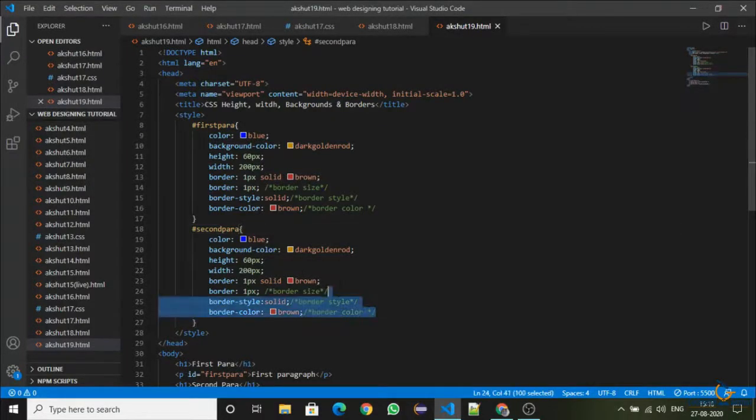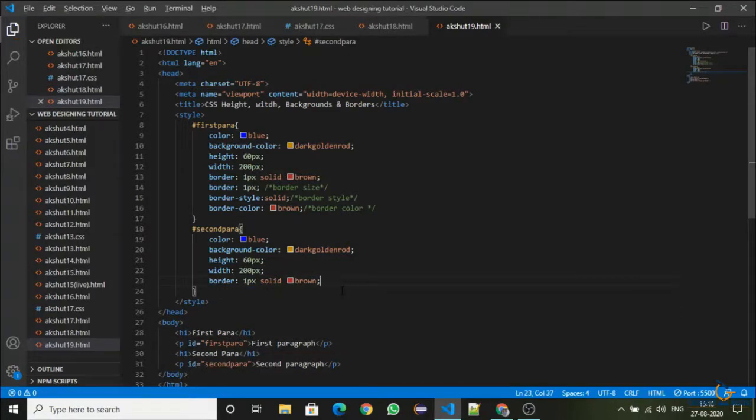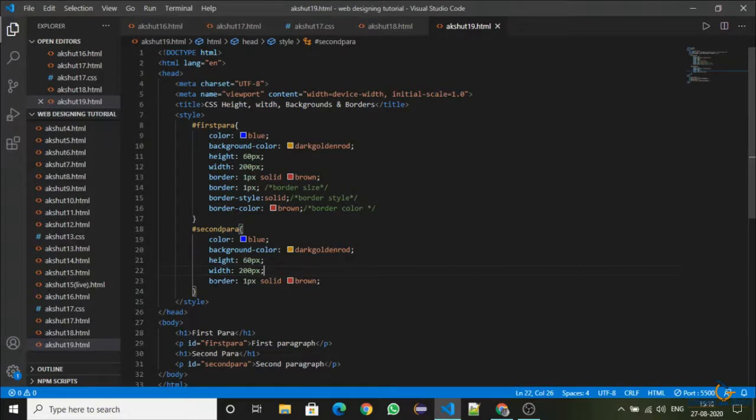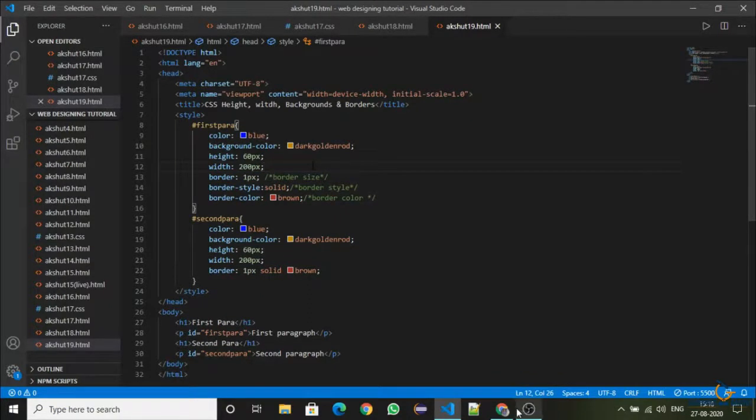Now if I remove this code, you can see all the properties are same, all the color and all we use just same, but the code is short. So like this you can decrease your code lines, like we used 3 lines for there, but now we are only using 1 line for this. So you can do this for decreasing the code. It will display the code as we want it, and if you write in more lines, then it would be same. If you write in short lines, then also it would be same by displaying. Okay, so this was our border.